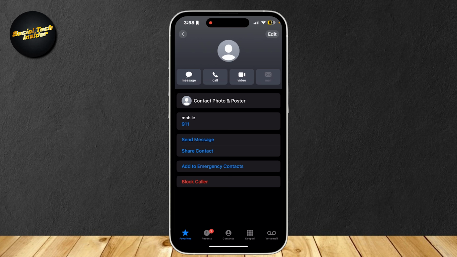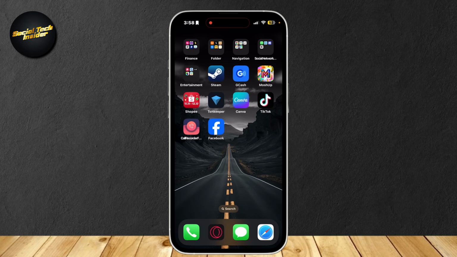What you're going to want to do is tap on block caller and it's going to block everything. Messages, calls, and whatever they can do with your contact. If you don't want to block them fully, you can actually go on ahead and just simply go back and